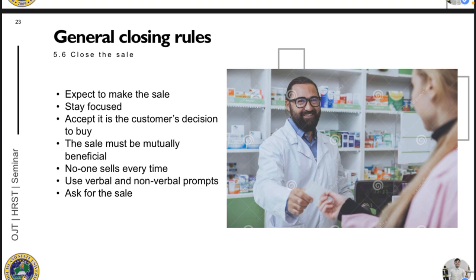Next, accept it is the customer's decision to buy. You must understand the customer's decision to buy is their own. You should not manipulate the customer to purchase certain products and services. So if customers feel uneasy about their decision, if you have put pressure on them to come to a decision, then you can be assured they will pull out of the sale and not commit to buying. Okay? It is their decision, but your job is to help them